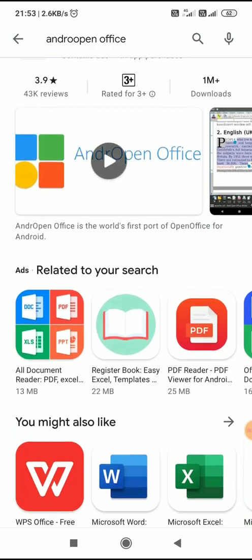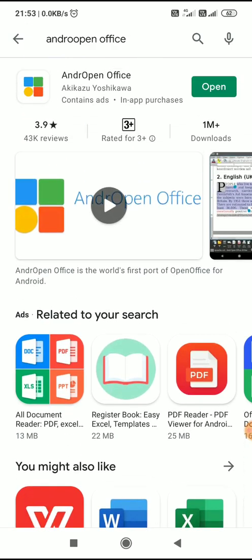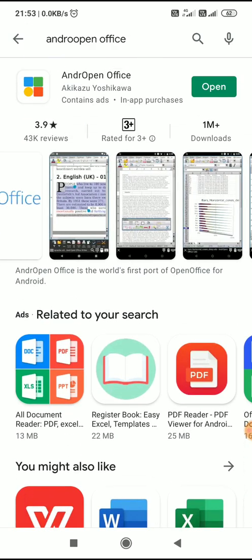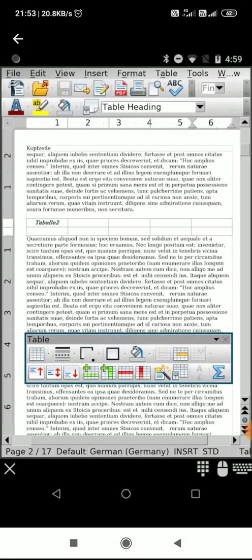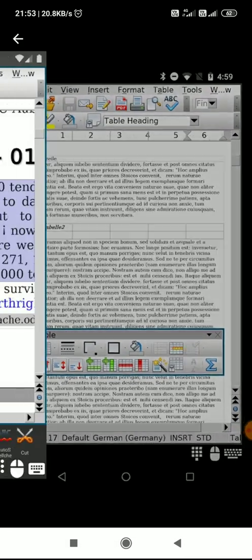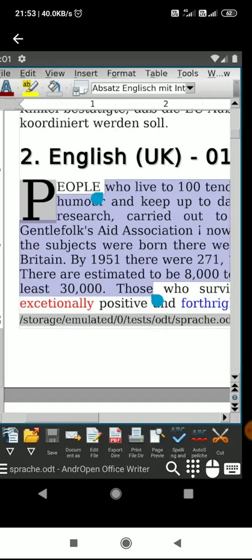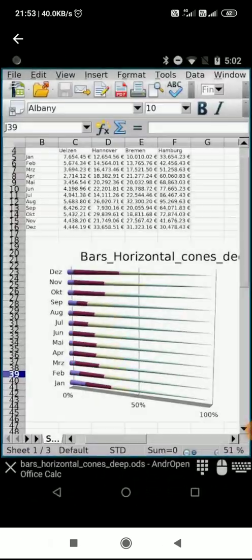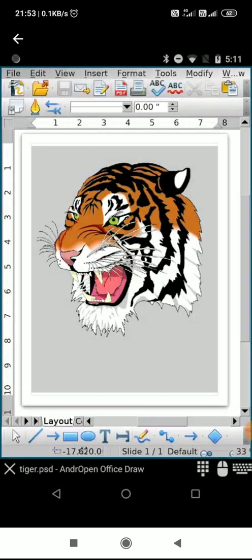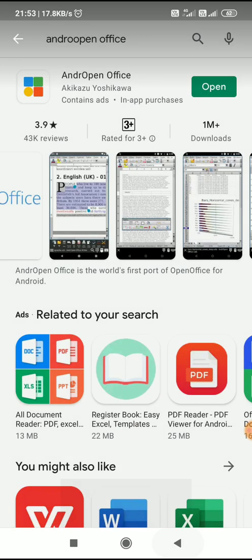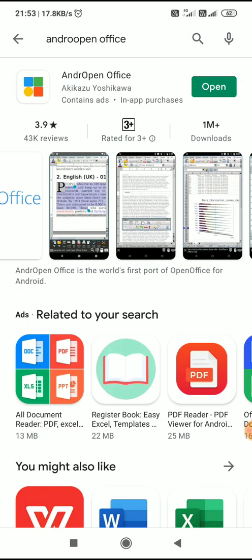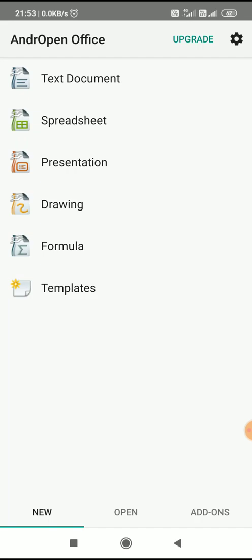And it is a big file of about 640 MBs. Now it is getting downloaded on the mobile. Now it has already downloaded. Now I will press open.